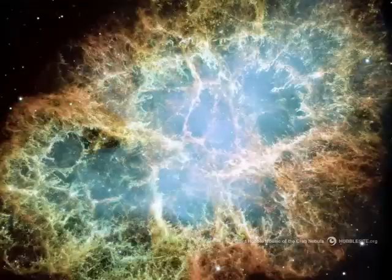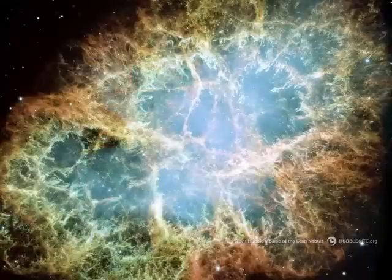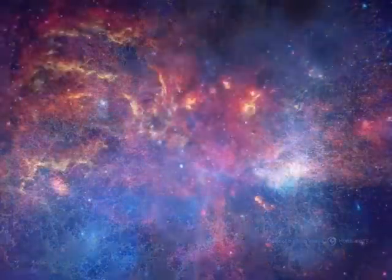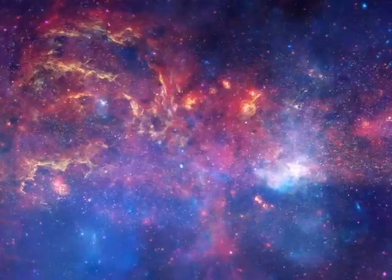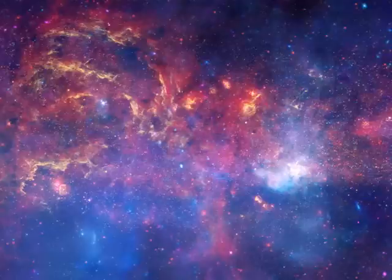And this is also a really good way to show our human connection to the universe. All of the elements in the universe, besides the very light elements, helium, hydrogen, are formed inside stars. So the elements in your body, the very iron in your blood, was created inside of a star that ended its life like this. Here's a picture of the middle of our Milky Way galaxy, towards the center of the Milky Way. This is actually a composite image of Hubble, the infrared Spitzer telescope, and the X-ray Chandra telescope,